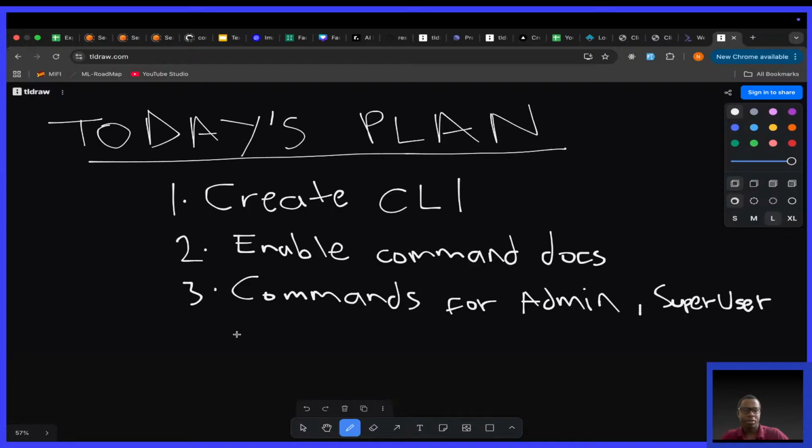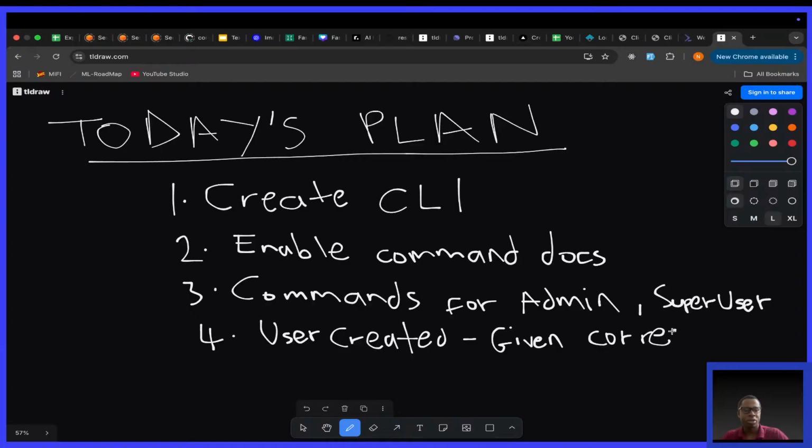Ideally, as you're creating these commands, under the hood you have to make sure that a user is created, and that this user is created and given the correct